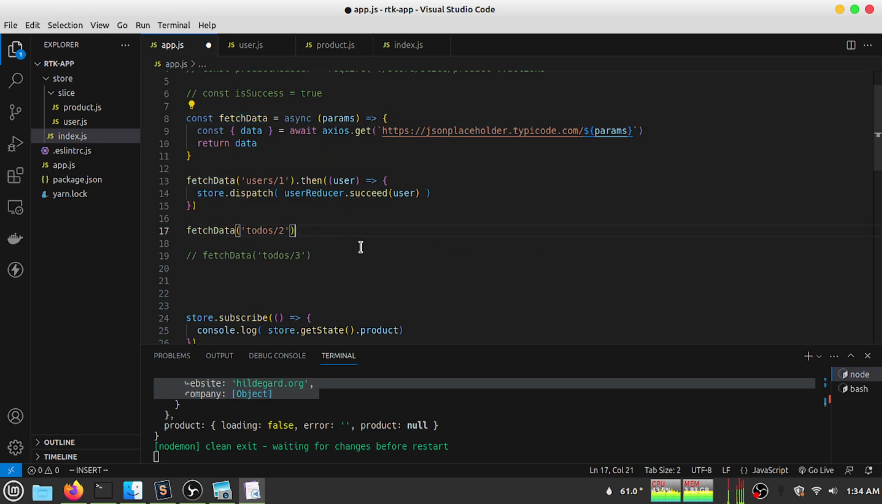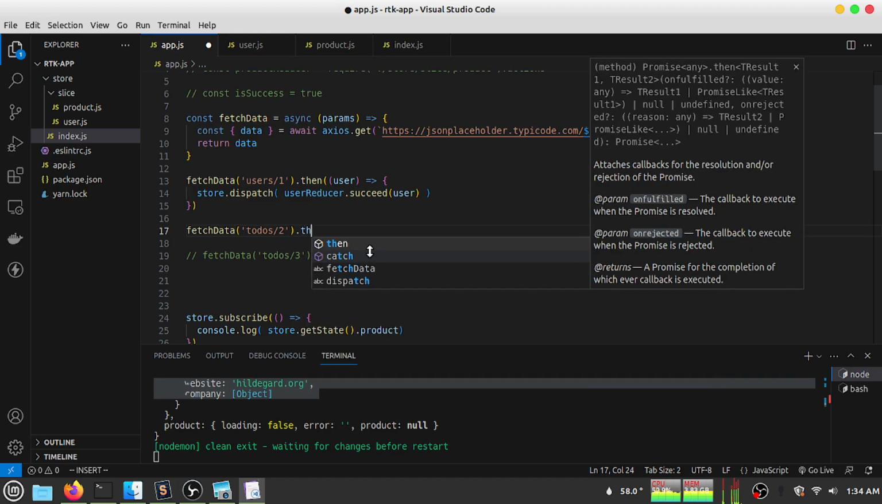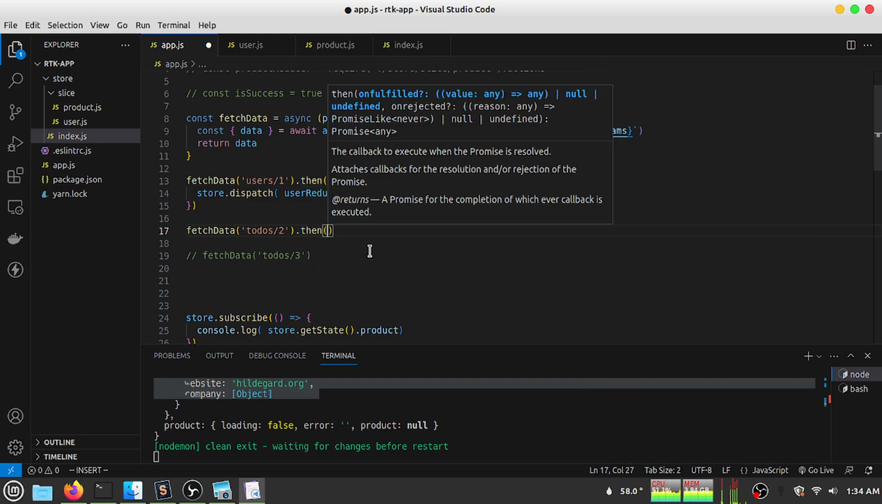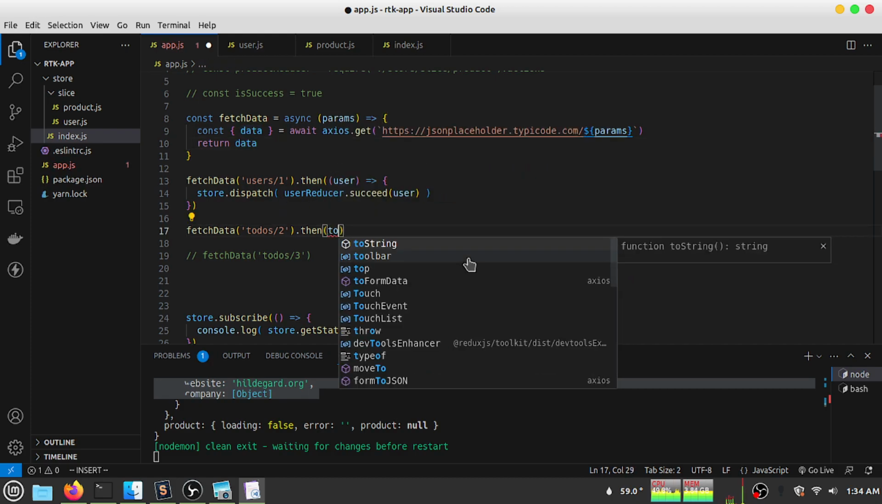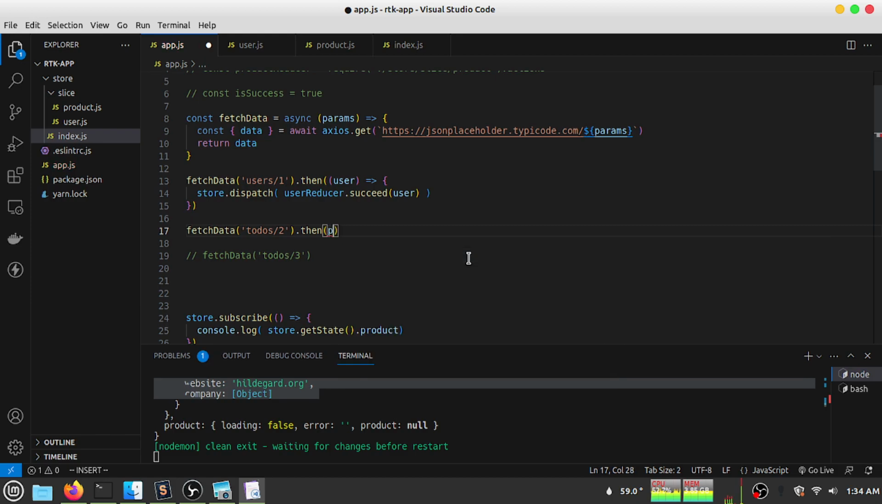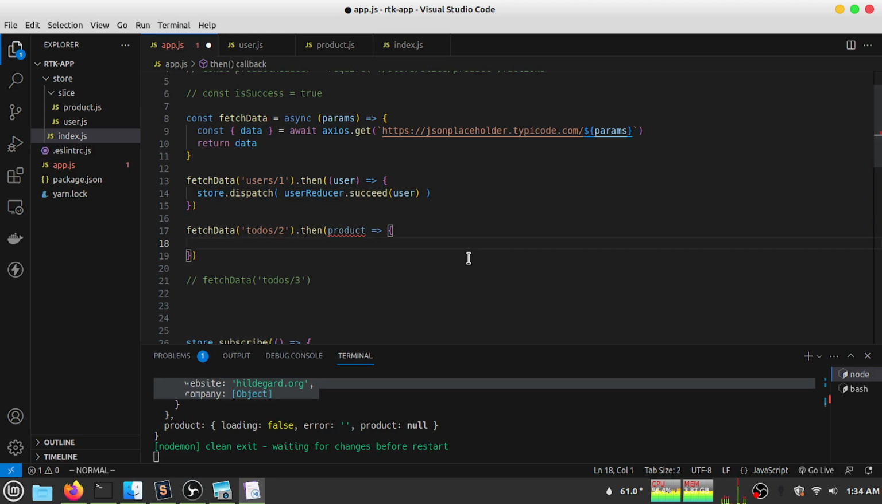So I have to do it in two ways. I can use the asynchronous function with await, or I can use the thenable method. Then I have the data, because the data will be product or todo. Let's name it product, and inside this function I have to